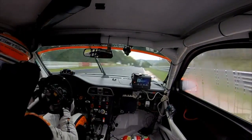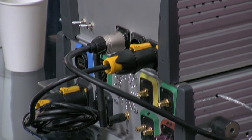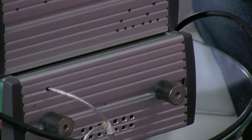So that's what's amazing to me. First of all, we've seen in-car cameras for a while, but you get about 30 seconds of footage in the car, and then they have to switch to either another car or come back to the main cameras because of the connectivity. Here you can get the whole Nürburgring, which basically means you can get any track. You can get this on rally racing, and you can switch up to 8 cameras, so you can see outside on the flanks of the car. You can see wheel cameras. You can see the driver. Wherever you place the cameras on the car, we can switch remotely from outside the car, wherever in the world,